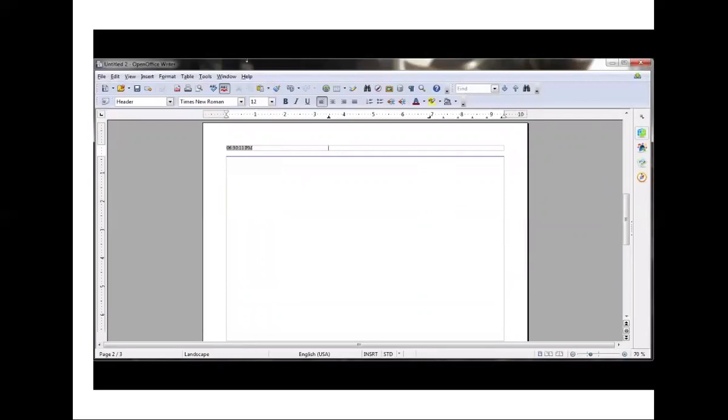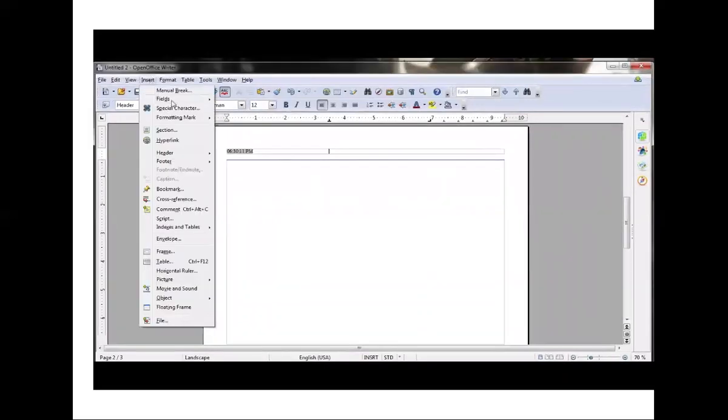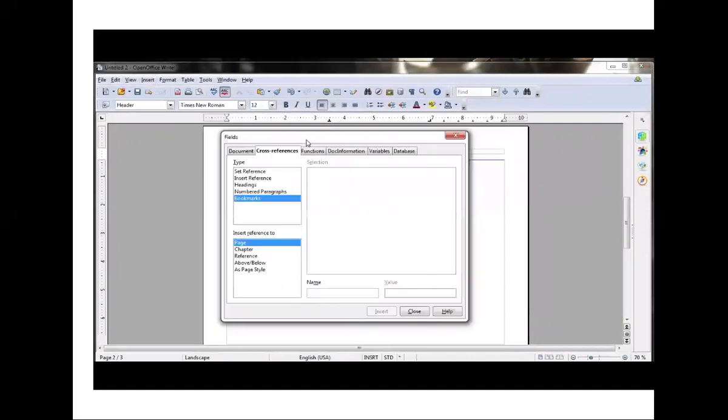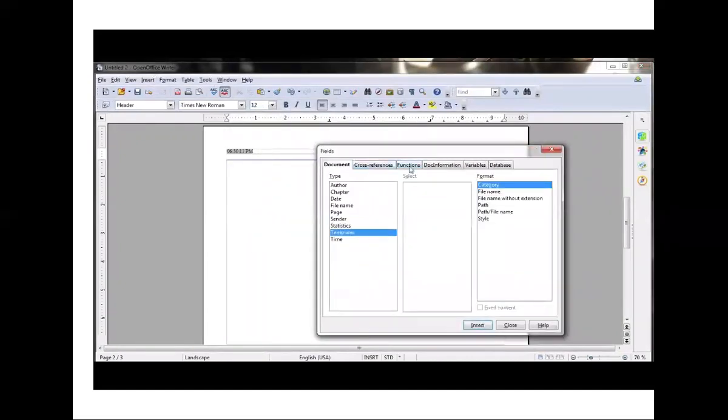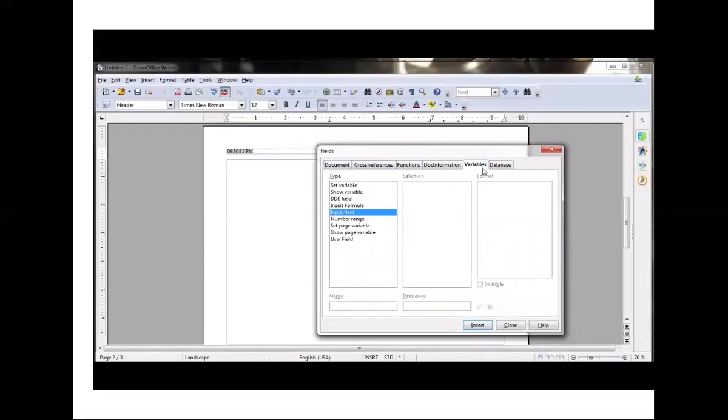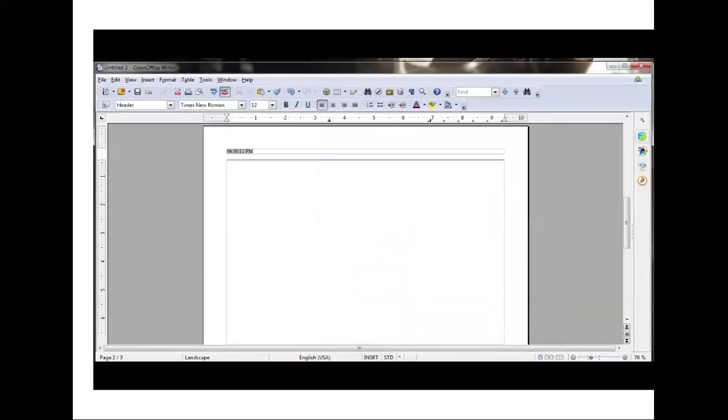And the thing about fields is that you can also get very complicated with them if you go, instead of selecting one of these, to Other, or hitting Control F2, where you'll be given this dialog box. And that's what we're going to be talking about in the next video, getting more in depth with fields and how they work, what you can do with them. So until the next video, I'll see you then.